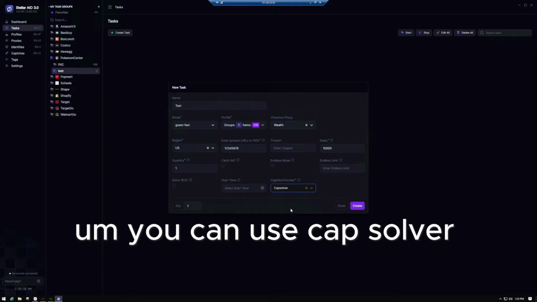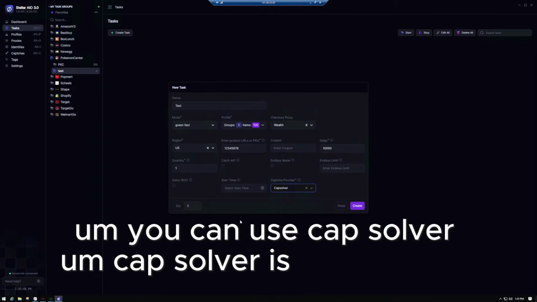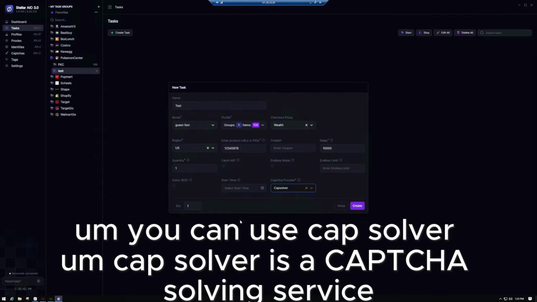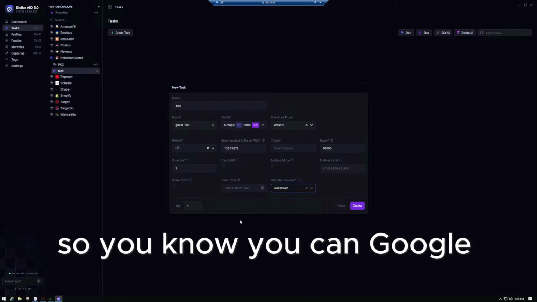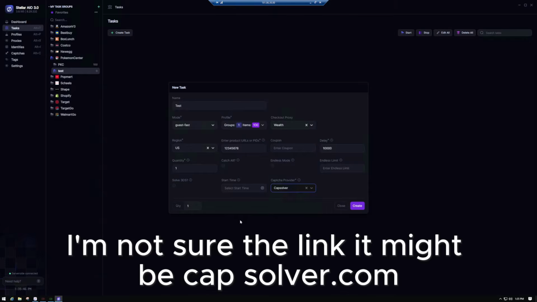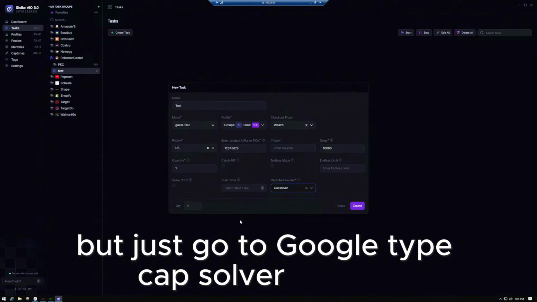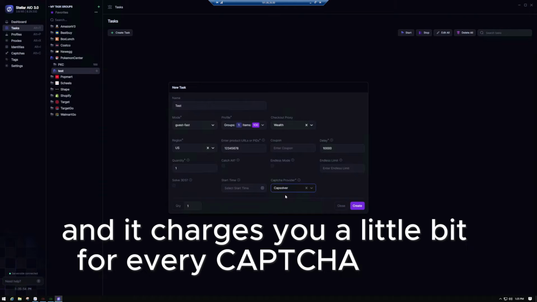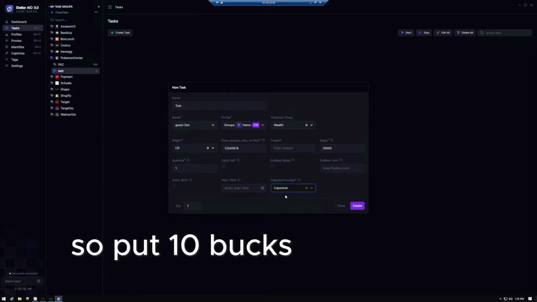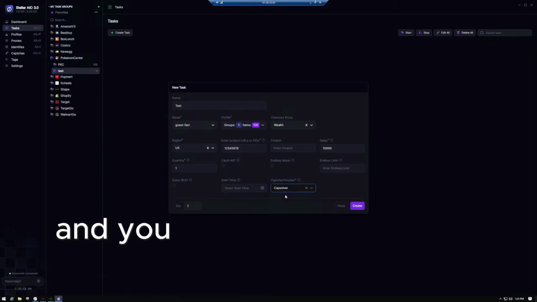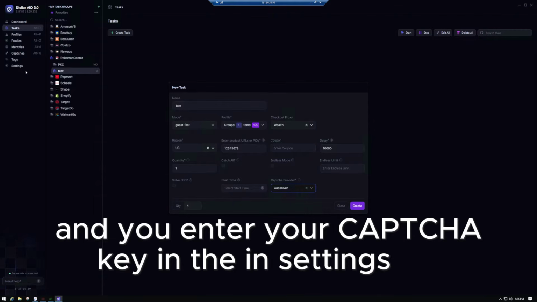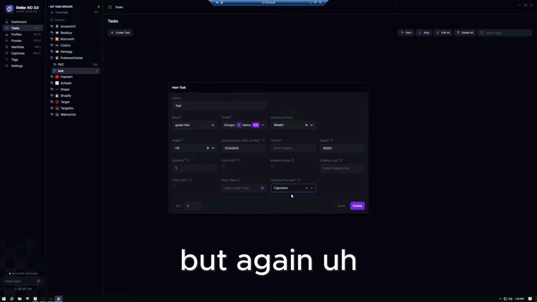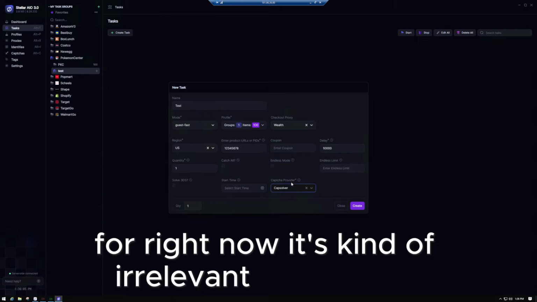You can use Cap Solver. Cap Solver is a CAPTCHA solving service. You can Google the website. I'm not sure of the link. It might be capsolver.com, but just go to Google, type Cap Solver, and you can put like $10 in there, and it charges you a little bit for every CAPTCHA that it solves, right? So put $10 in there, it'll last you a long time, and you enter your CAPTCHA key in settings for Stellar. But again, for right now, it's kind of irrelevant because